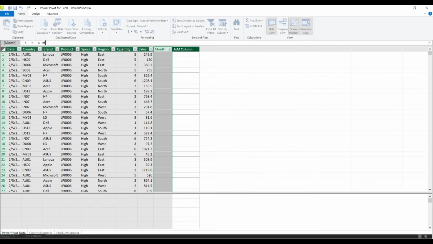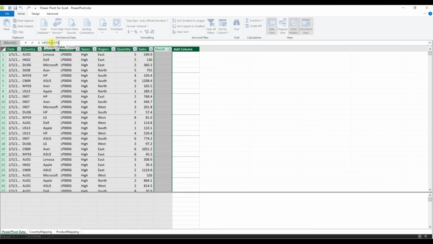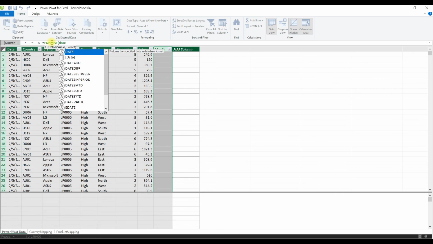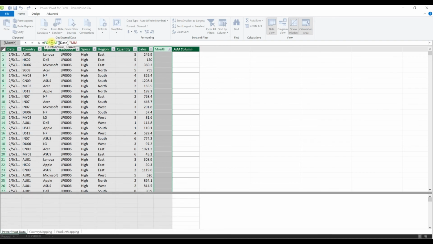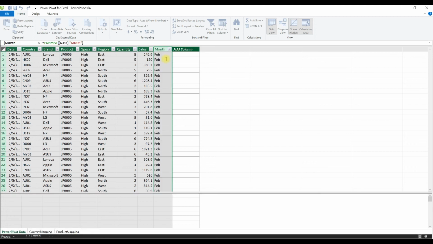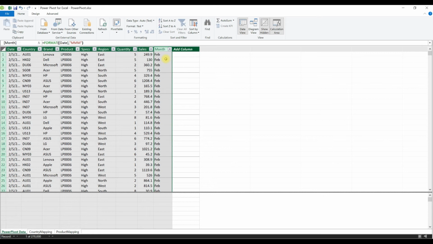The formula is going to be FORMAT. I want the date column, comma, I want only the 3-letter month, enter. See, now you got the month.